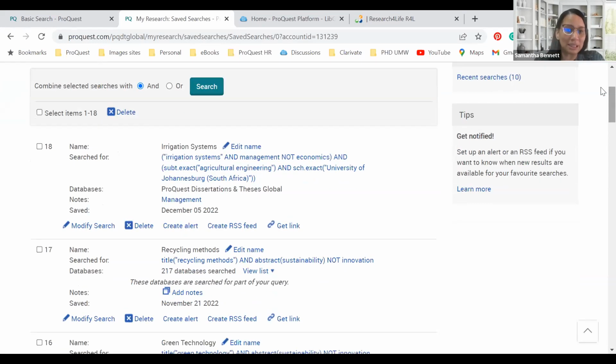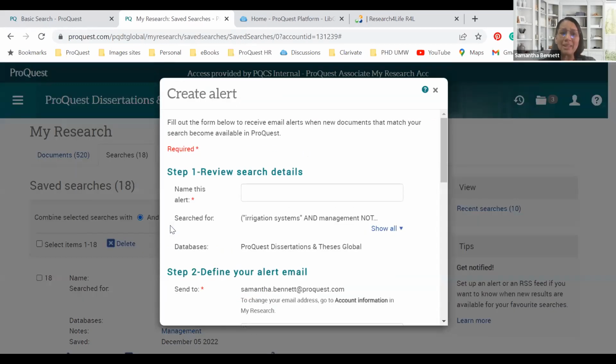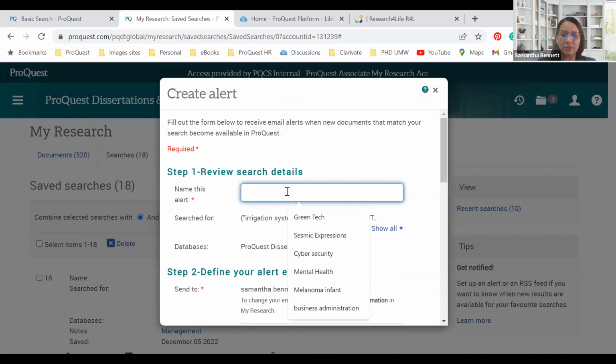So if I scroll a little bit down so that you can see more, you can see the day I created it, what I searched for. It tells me even my notes that I've added. It tells me the date that I saved it. From here, if I would like to see the latest or the most recent dissertations and theses that are being added based on what I've searched for, I can set up an alert or even an RSS feed. So if I create an alert, it will open up the details for me,